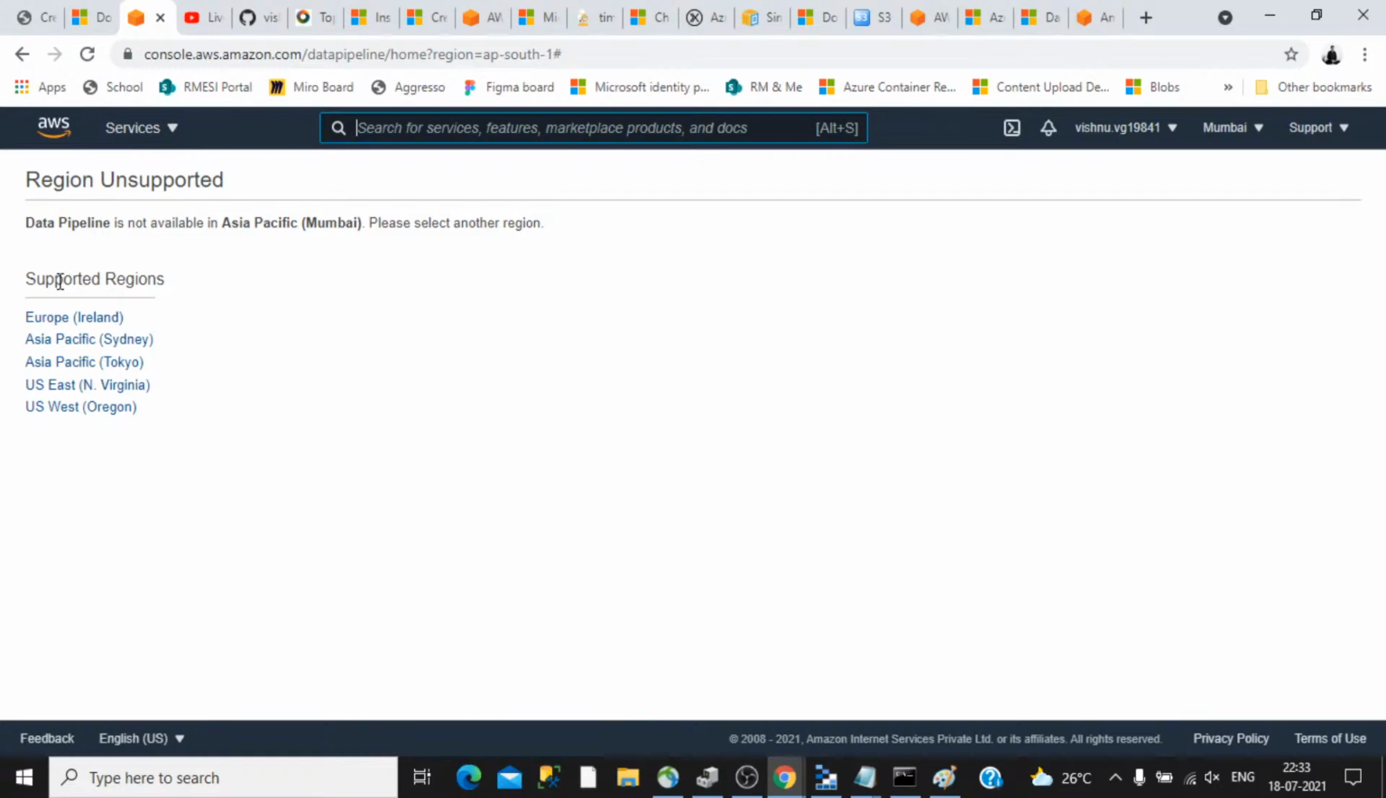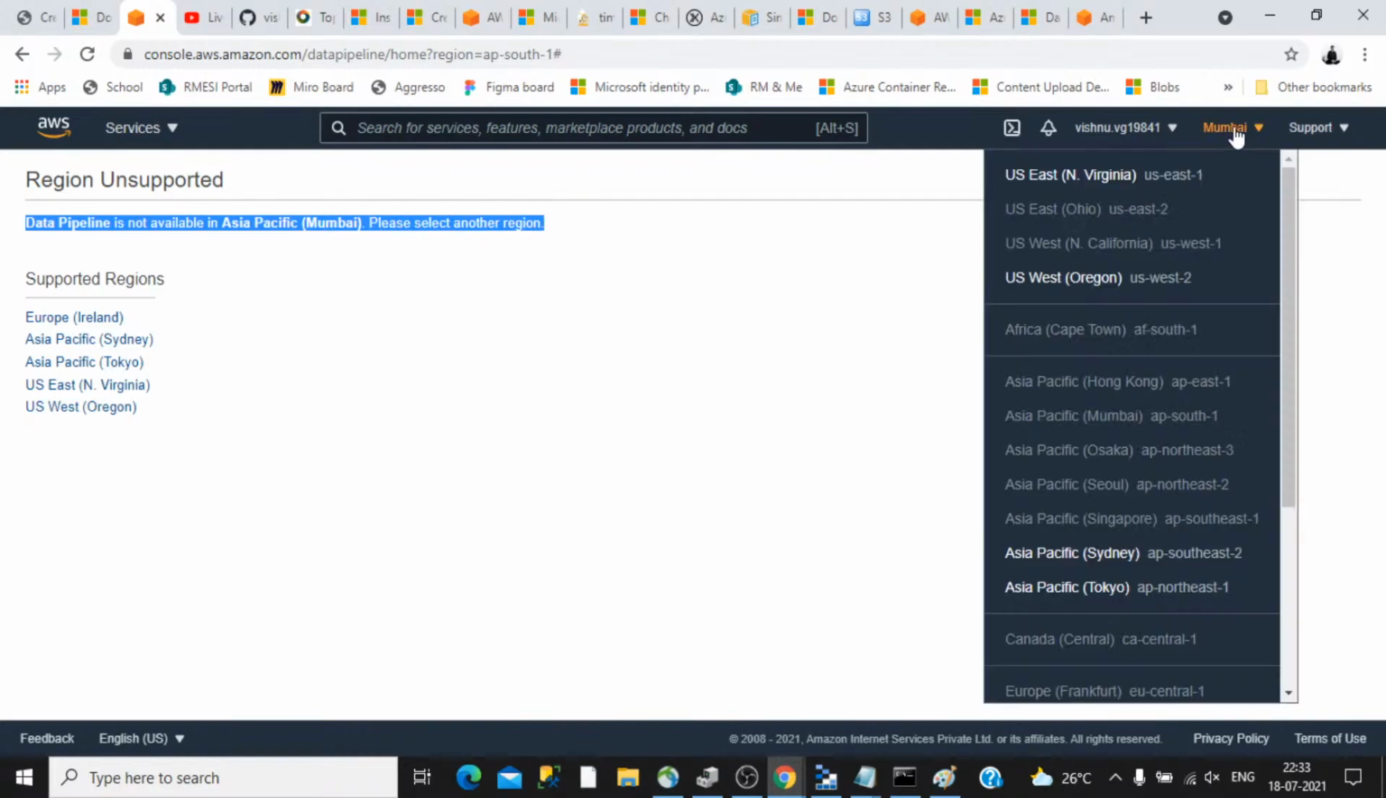See, Data Pipeline is not supported in the Asia Pacific Mumbai region. Please select another region. So it is just easy. You can click here and change that to a different region. So the interface is very easy when I check. So then